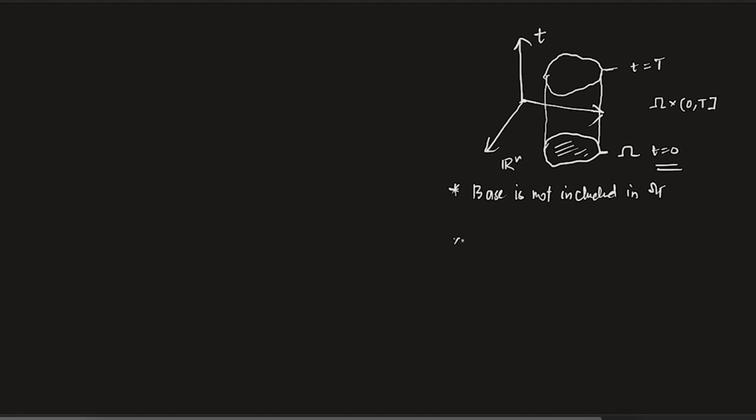Okay. Now, what about the top part? The lid of the can, or the cylinder, whatever you want to call it. Is the lid included? So the lid means, forget about this boundary. That boundary is never included. But whatever the inside lid is, is that included? t equals t is included. So the upper portion, maybe the top portion actually, the top is included in omega t. Let me write it.